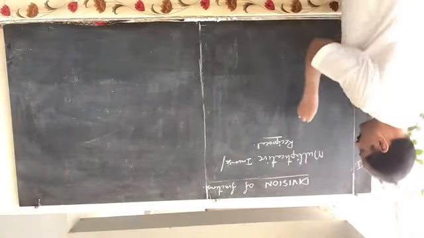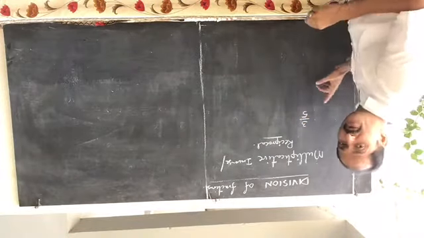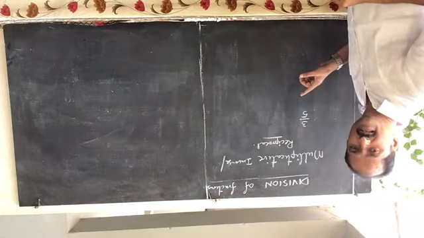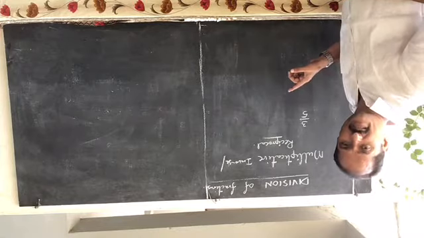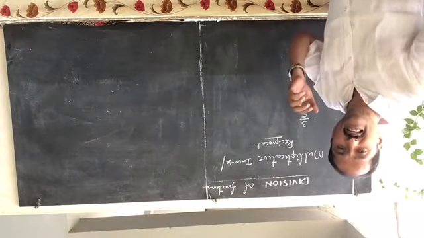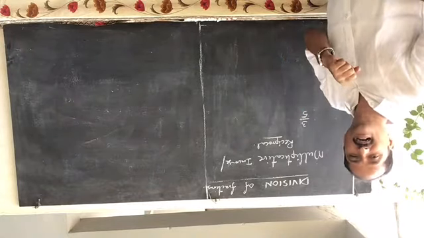What will be the reciprocal of any number, you can check. For example, take 3 by 5. The reciprocal of 3 by 5 means the number with which you multiply 3 by 5 to get the product as 1 is called the reciprocal.